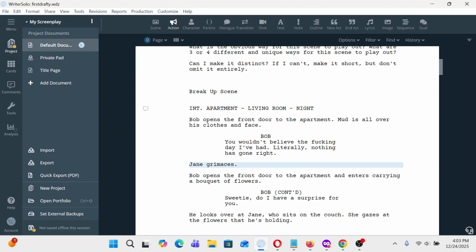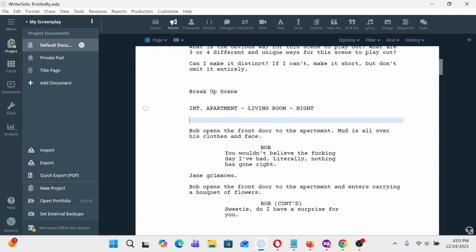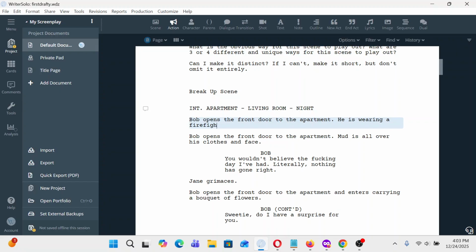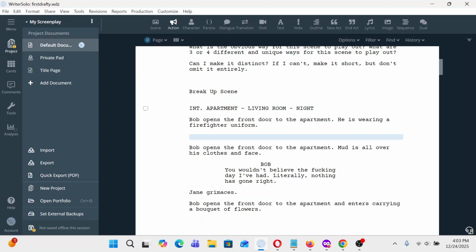So there's that version where he comes in with mud all over his face. There's another version you could do. Bob opens the front door to the apartment. He is wearing a firefighter uniform because Jane has a firefighter role play, or he comes in wearing an astronaut costume, right? And he says the same thing,